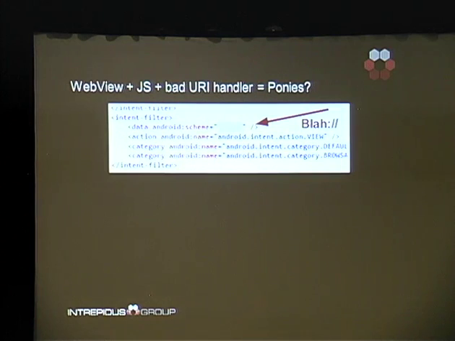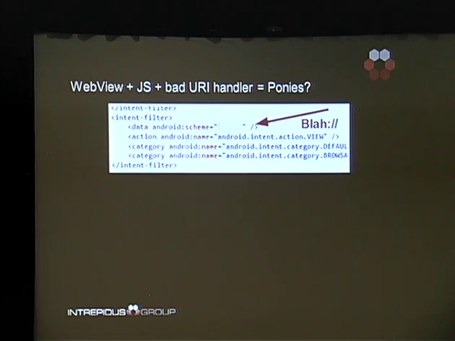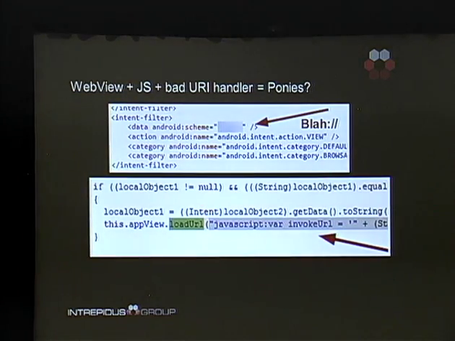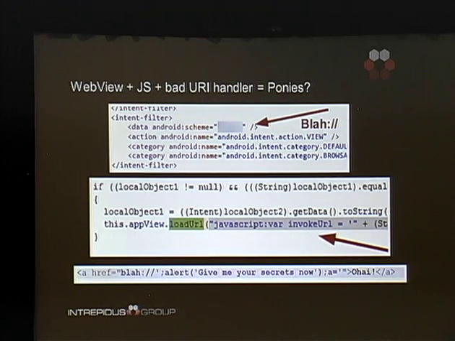So here's a real life example. This is the manifest where you have a data scheme, blah, right? And then this is where stuff that got into the application from the URI gets stuck into the web view. So this is a link that I can put on my website so that it would be